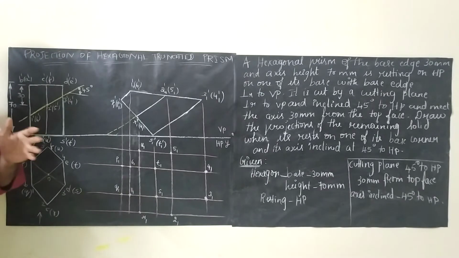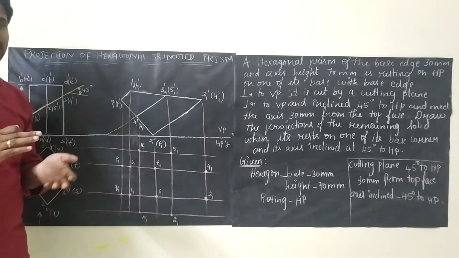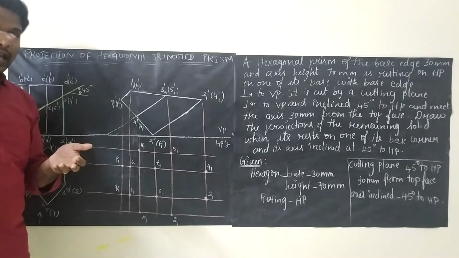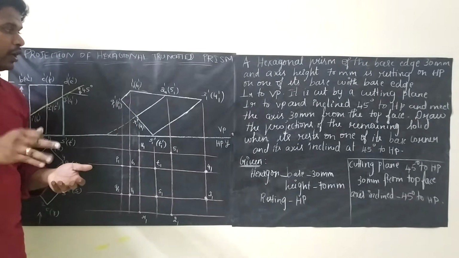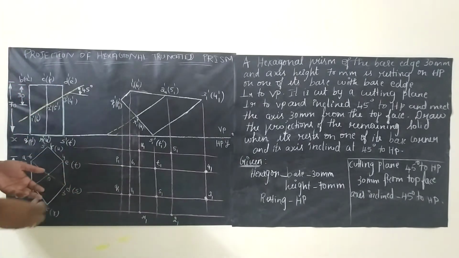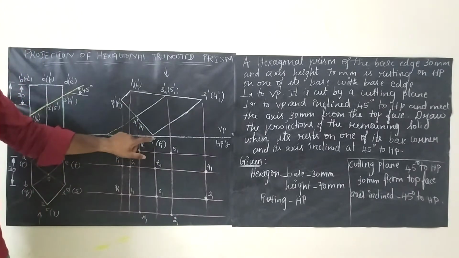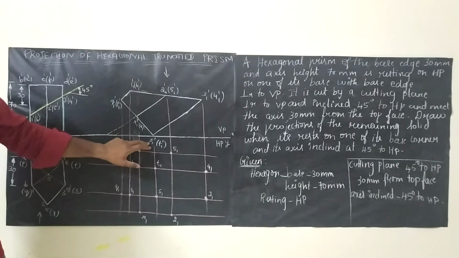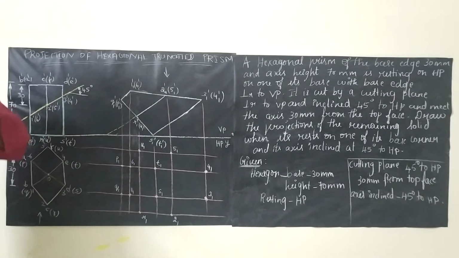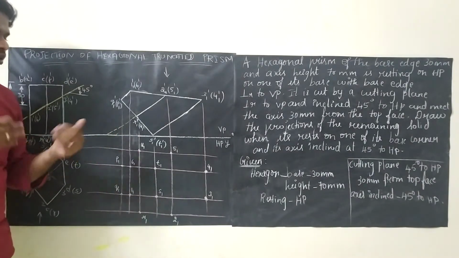Now we need to focus on hidden points, hidden lines. Whichever edge or corner is lying on the reference line or nearby the reference line, that point is called the hidden one. When you see from here, only this edge or this corner, this edge you can't see. So just fix that corner. S and T is the corner. That corner only is lying on the reference line, so whatever is interlinking to that is called hidden.